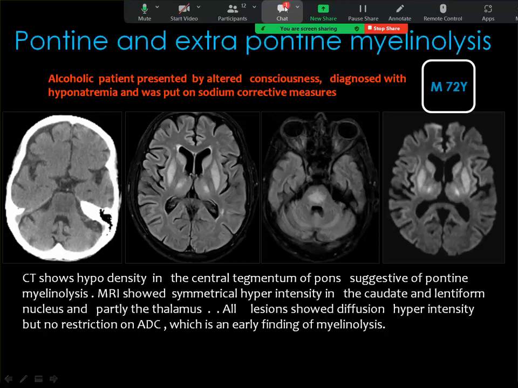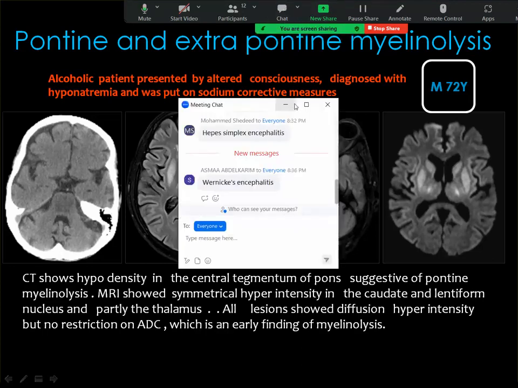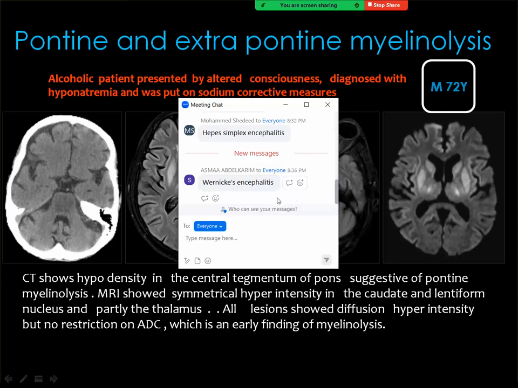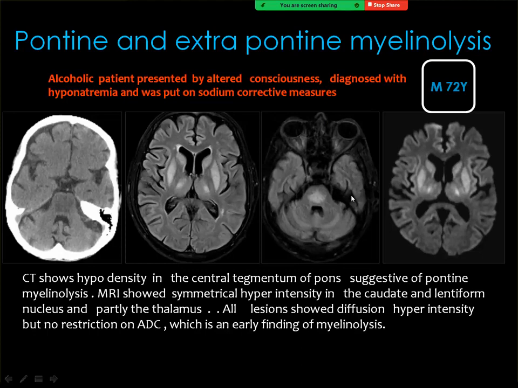Okay, and I don't know why these answers can appear before I click, but no, this is not Wernicke encephalopathy, because Wernicke encephalopathy is the characteristic appearance in the area paramidline around the third ventricle, and the history here is very pathognomonic, where he got hyponatremia and corrective measures. Then this is the pontine myelinolysis, where you got an abnormality